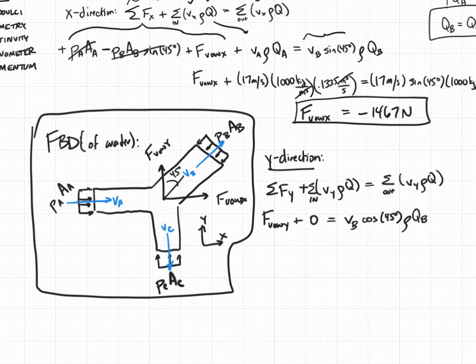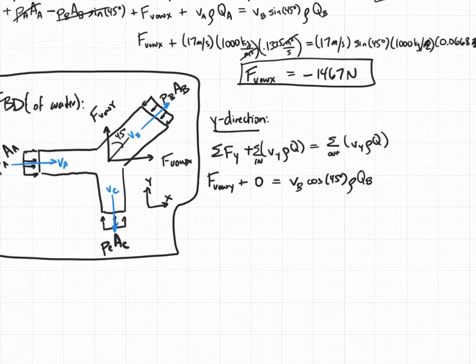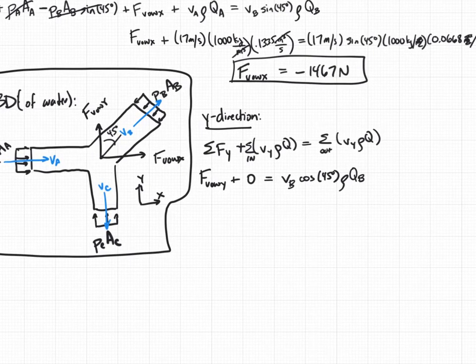Okay, now we have to do VC. Okay, notice VC is plus negative VC. Why is it negative? Oh, because in the y direction, it's got a negative value. It doesn't have a cosine, but that's its directionality, right? It's downwards. Okay, now we'll do rho, and we'll do QC. So that should set us up pretty well for F Vowie equals the VB, which is